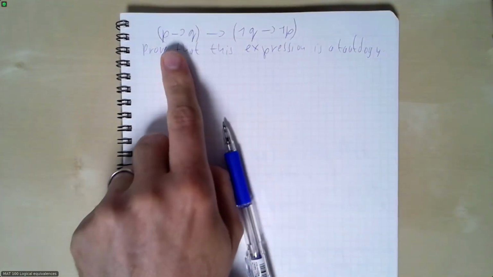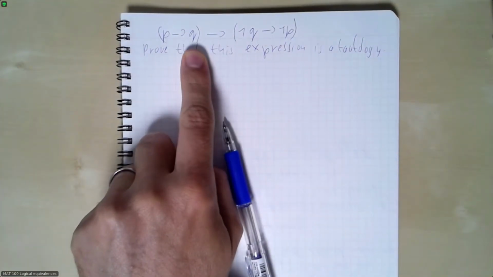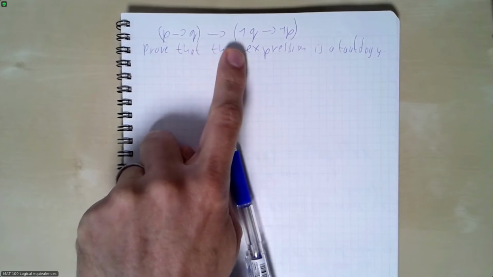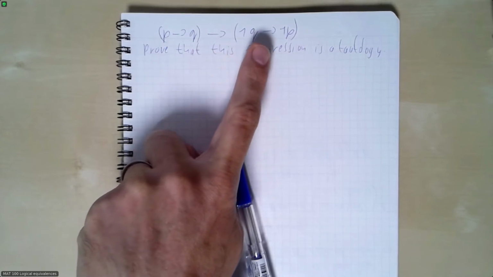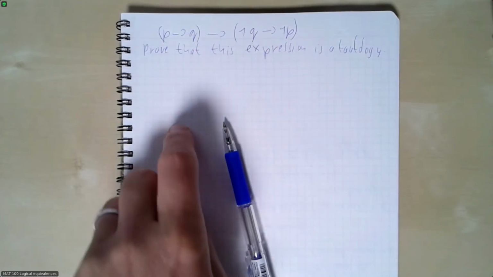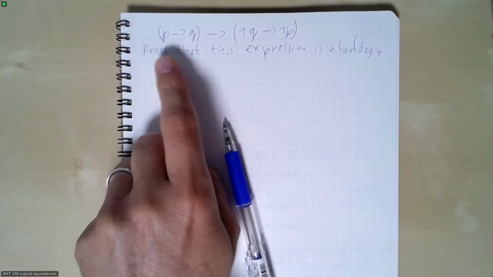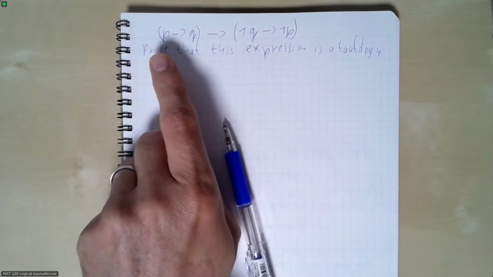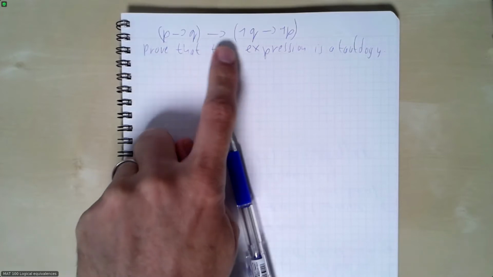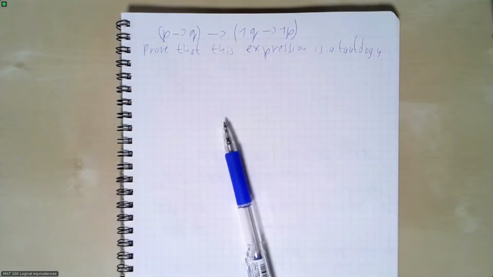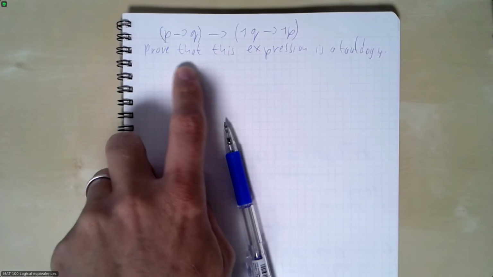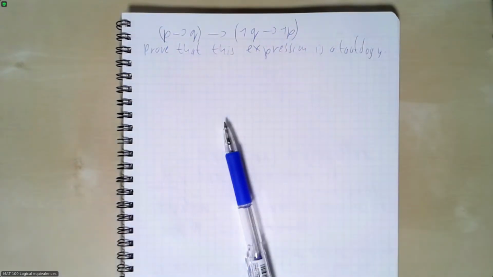Okay, if P then Q, then if not Q then not P. Well, people might recognize that this is actually the contrapositive. Equivalence is just one way to do that. So the task is to prove that this expression is a tautology. Well, we know this is a tautology, so that will be